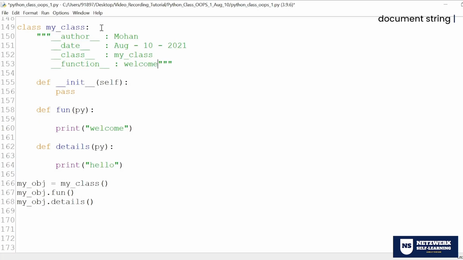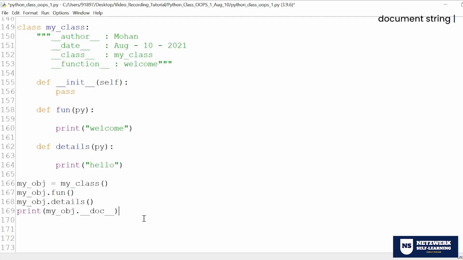Yes. How? During your calling. I'll tell you this. Look at this. Print. You have to use the same object reference: my object dot double underscore doc double underscore.